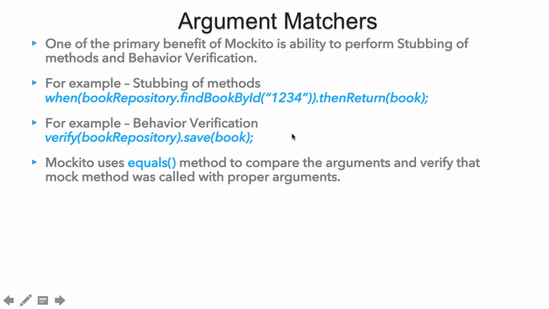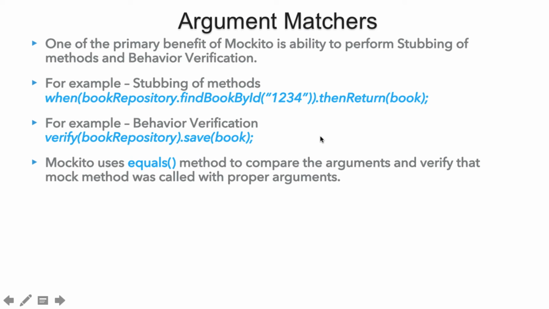How Mockito does this comparison is using the equals method. Whatever you pass to your system under test, and whatever you mock, Mockito simply compares those two, and if they match, then Mockito returns the stubbed response.